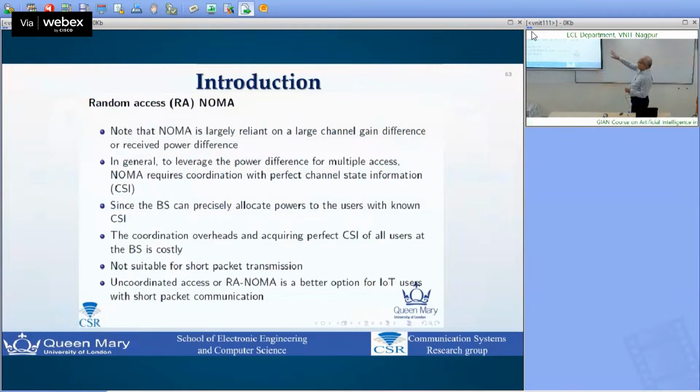In the normal scenario, non-orthogonal multiple access needs perfect channel state information, then only it can decode. If for all devices you have perfect channel state information at the base station, the computational cost at the base station is going to be very high. So that's what we have here: